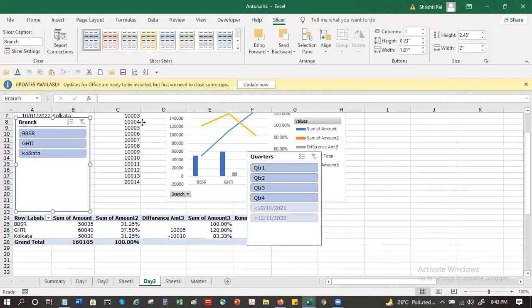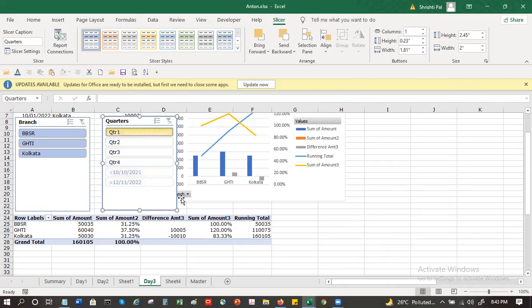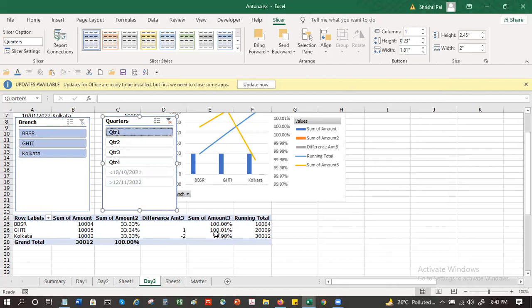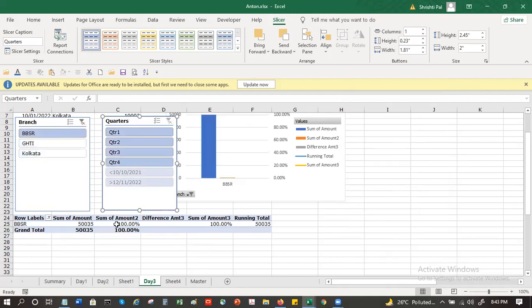So imagine this was your handheld device. You wouldn't have a mouse, right? So in that case, how would you do it? You would have to use your fingers or a pointer. So in that case, you click on this quarter 1, you get a quarter 1 data here. Or let me say, let me remove this. Bhubaneswar, I get this here. Guwahati, I get it here.